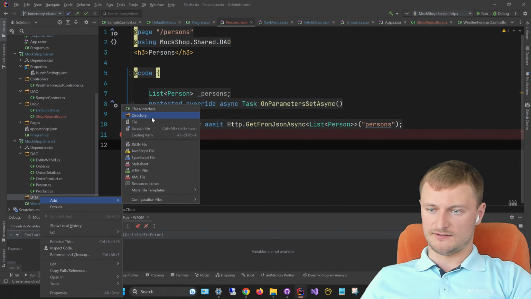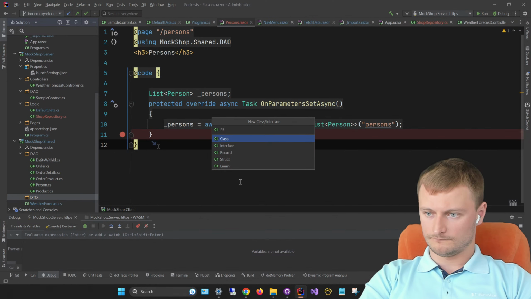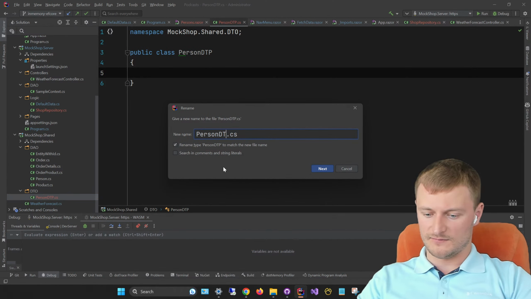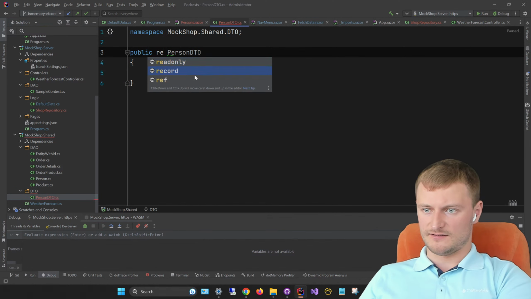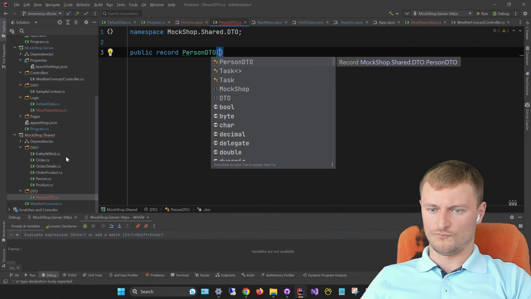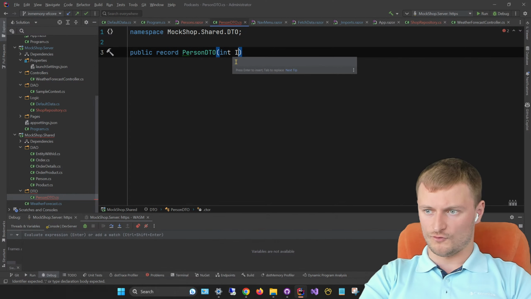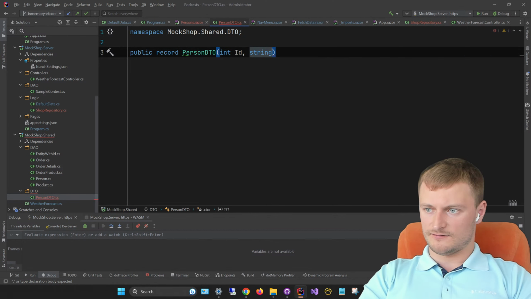So let's create a class called PersonDTO. One misspelling here. And let's make it not a class but a record, and let's do it in a more modern way. So it will have int ID, it will have string name,